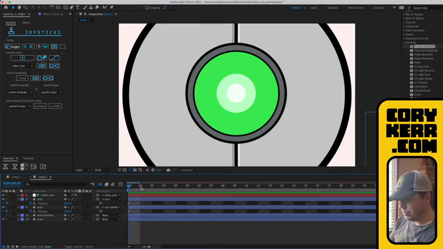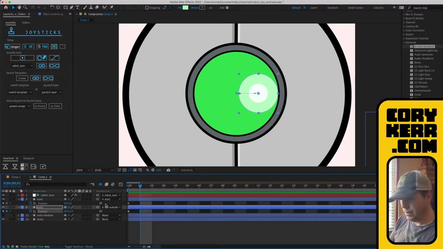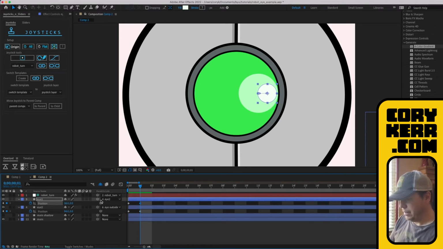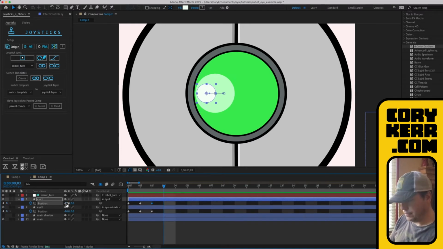So then I'm going to forward 1, right? And the first one is to the right. Go all the way to the right. Okay, and then I'm going to go further to the right with this one. Okay, and then we'll go all the way to the left. Okay, and then we'll go further to the left with that one. Okay, and then we'll go all the way up. So I can just put this back at 0 and 0, or hit that origin button.